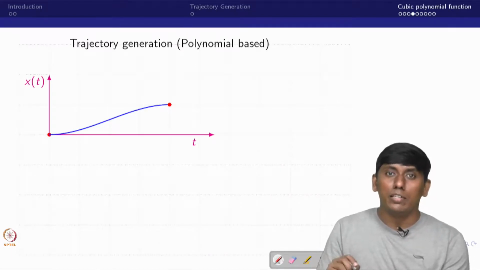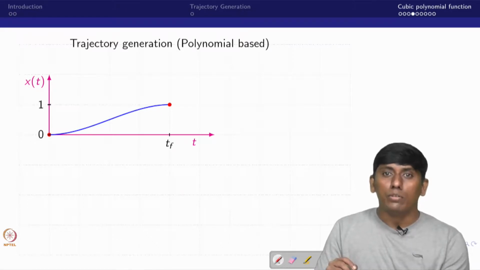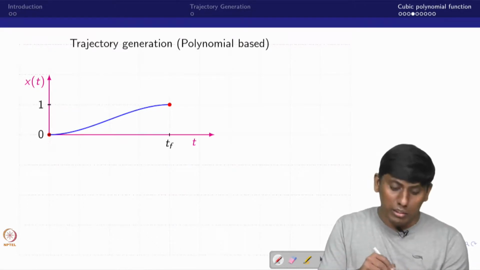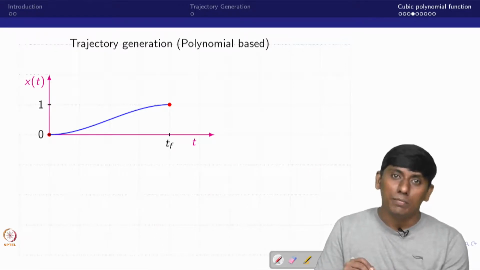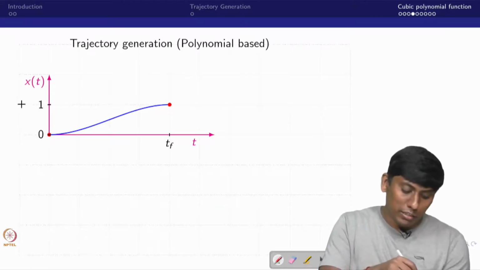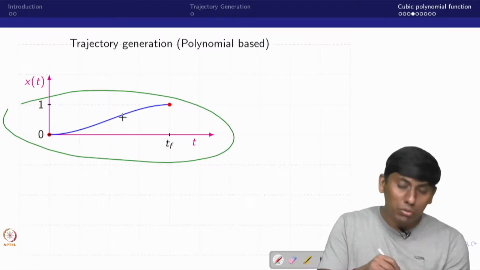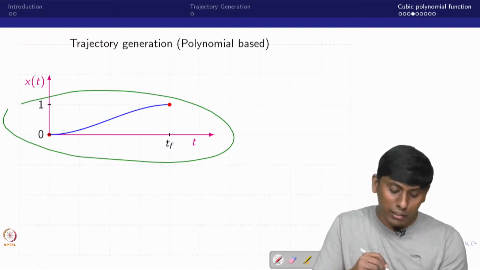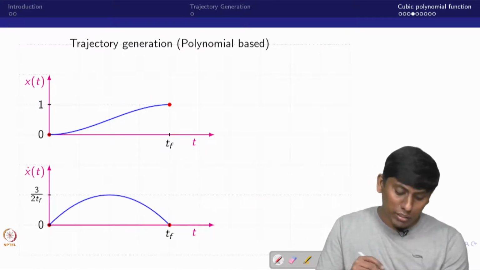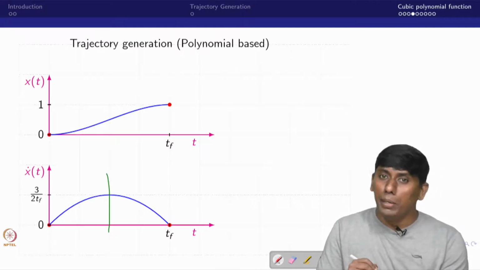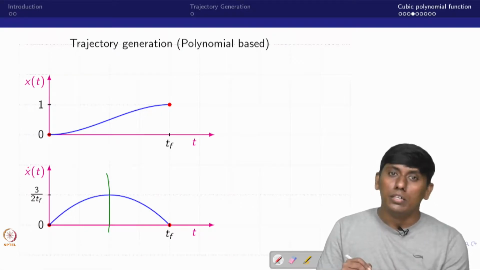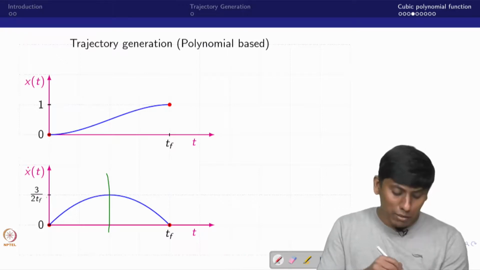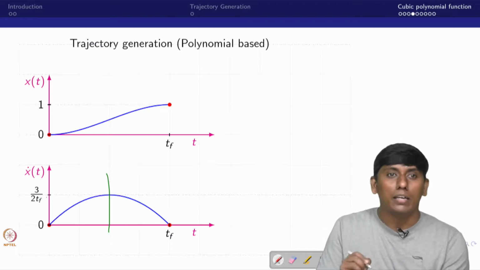Now I assume that it is scaled down to 1. So t0 I assume 0 and tf is the duration, and the displacement, or x of t, as 1. Then you can see the profile is smooth. Now if you rewrite this into a velocity form, you differentiate, and you can see the velocity would be maximum at the middle of the duration. That value would be equivalent to 3 over 2 tf, and even if you bring in a non-zero initial condition, theta f minus theta 0 would be added.